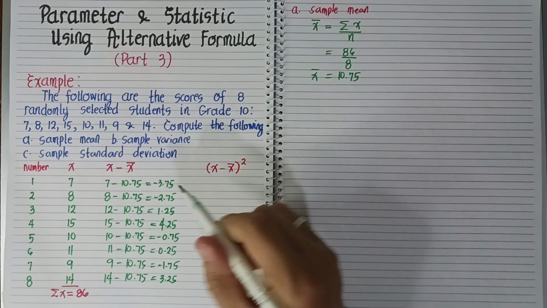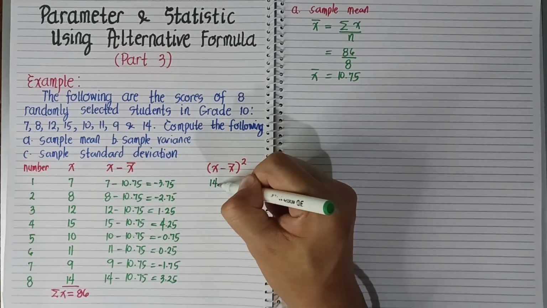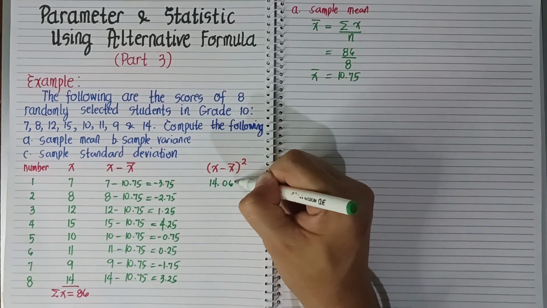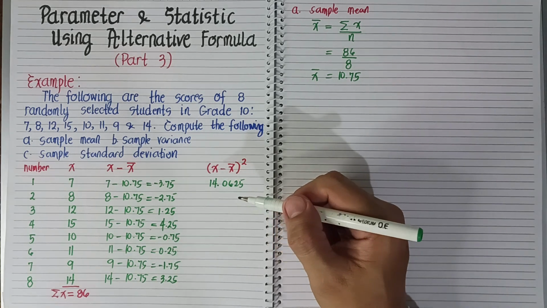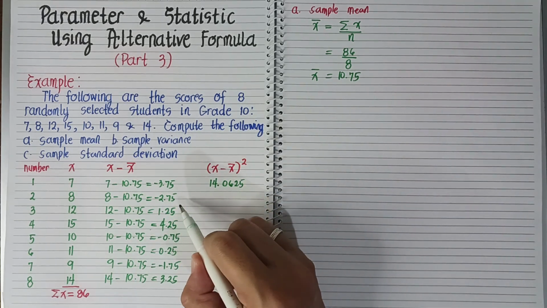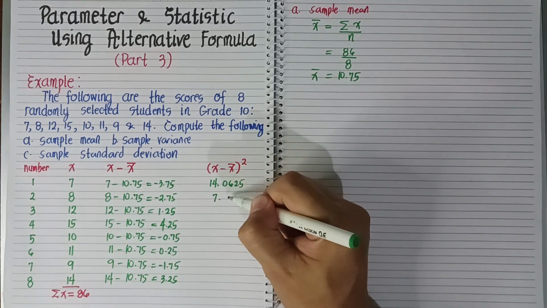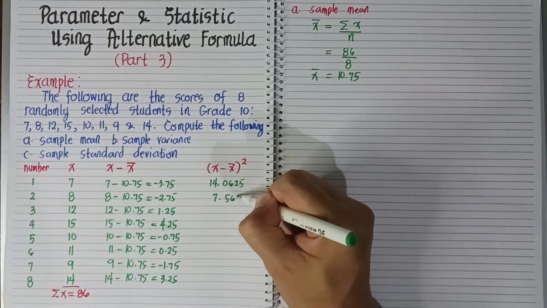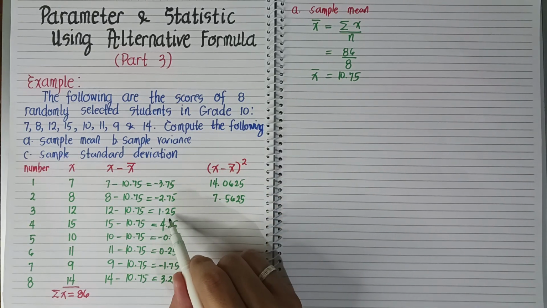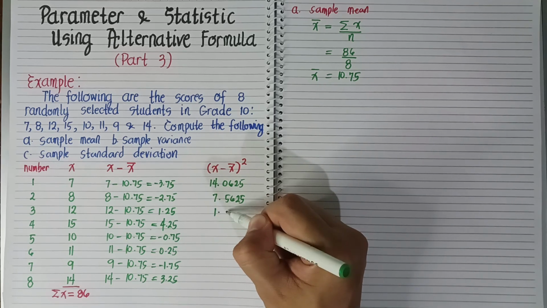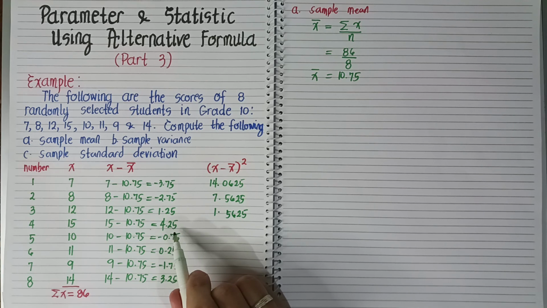Gets? Okay, so negative 3.75 raised to the second power, that is equal to 14.0625. Let's write all the figures. Okay, which is 4 lang naman yun, para mas accurate yung sagot natin. And then, negative 2.75 squared, that is 7.5625. Nasundan ako guys. And then, 1.25 squared, that is 1.5625. Next, 4.25 squared, that is